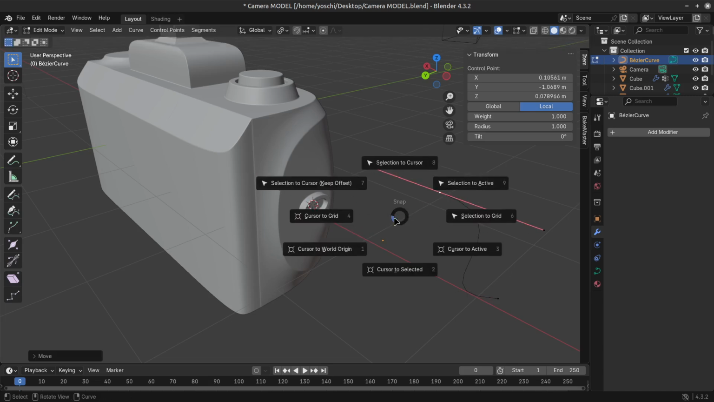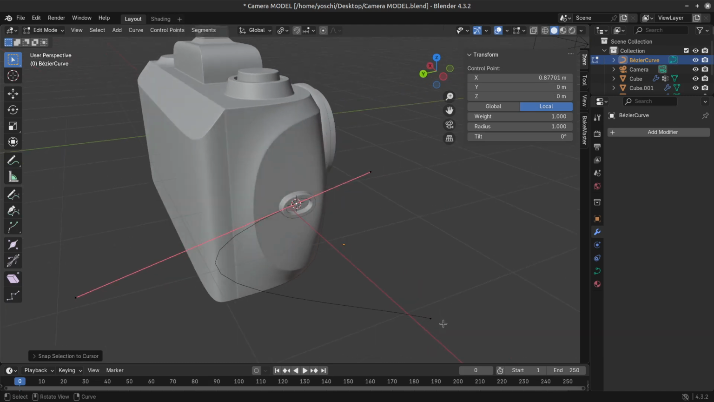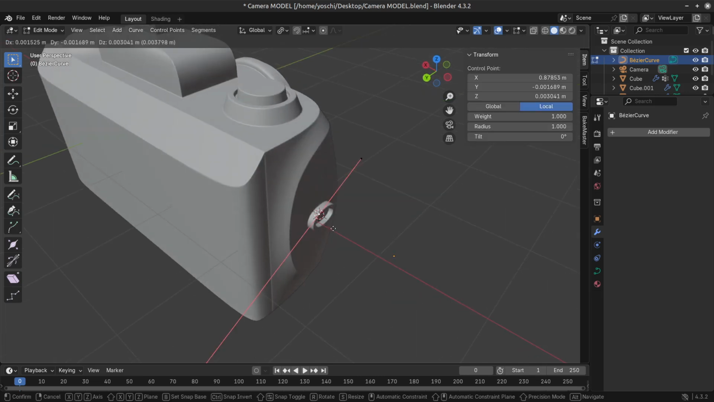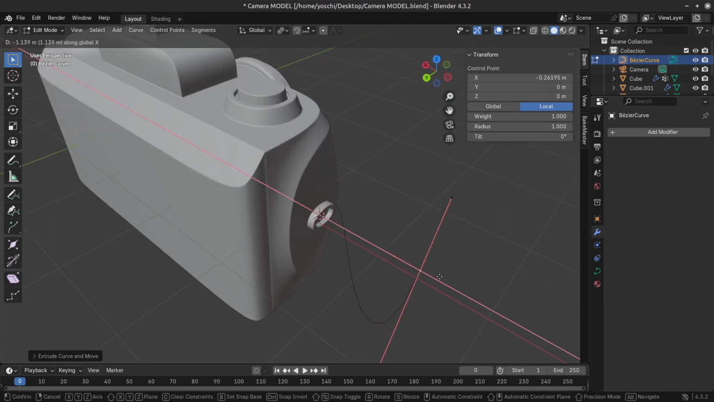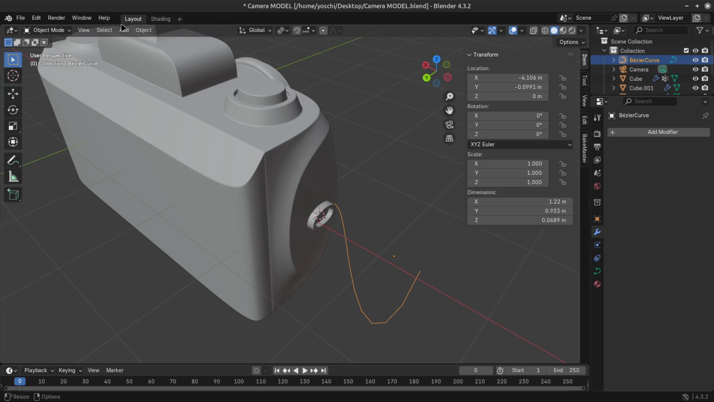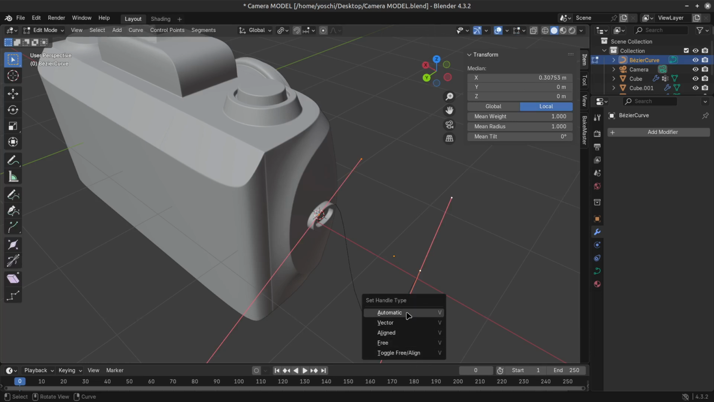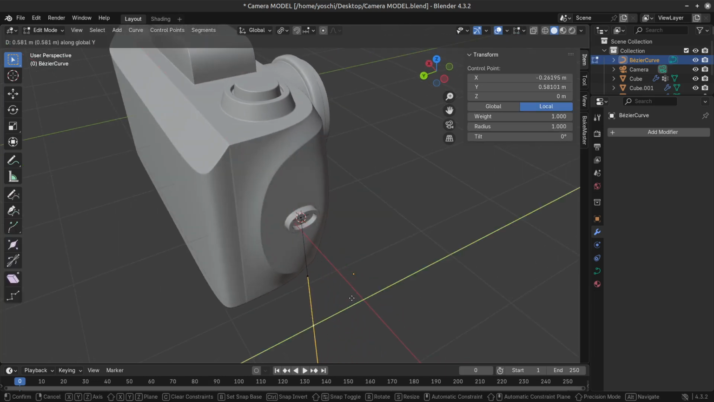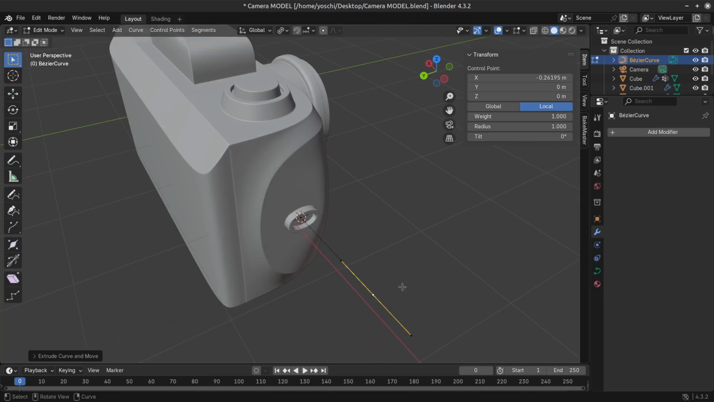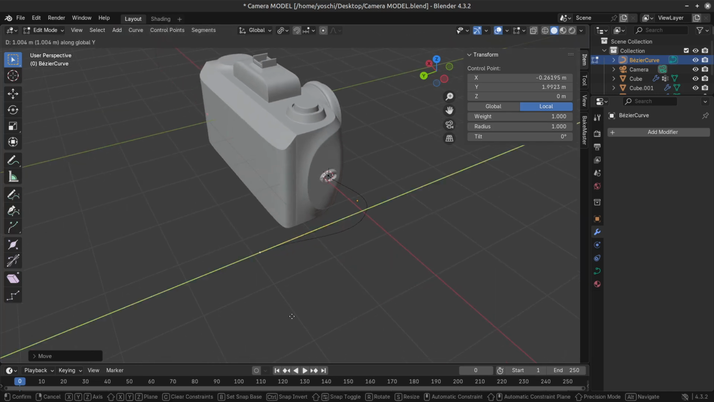Actually, let's do a professional select cursor and get rid of this guy. Extrude. Oh, I did it again. Yeah, with the curve, let's practice something because I keep forgetting how to do it. We can change this in editing mode to automatic. And then, yeah. So when you use a curve in the edit mode, press V, check out those options, and